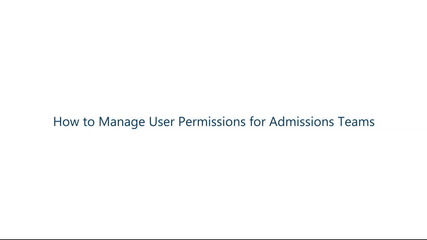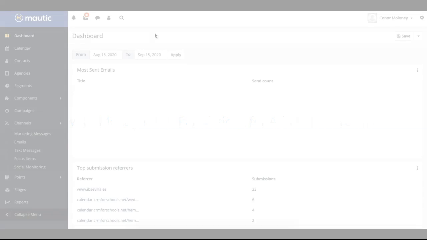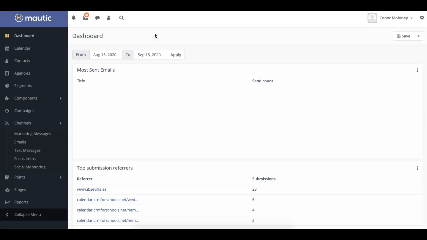Today, we will be showing you how to manage user permissions in Mautic. Let's get started. The ability to manage user permissions allows you to maintain privacy in your CRM. This feature is especially useful if you have multiple Mautic users who each play a different role in your team. When you create a new Mautic user, you can set certain user permissions to determine what they can and can't